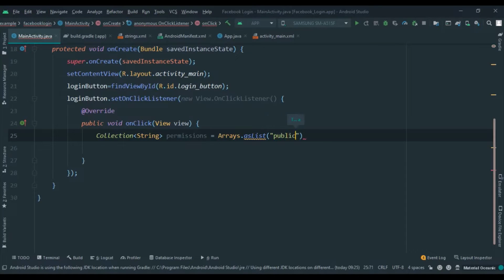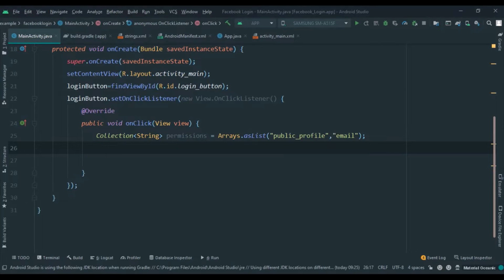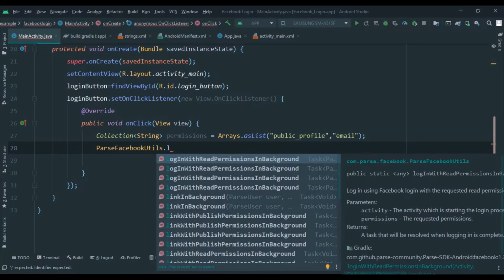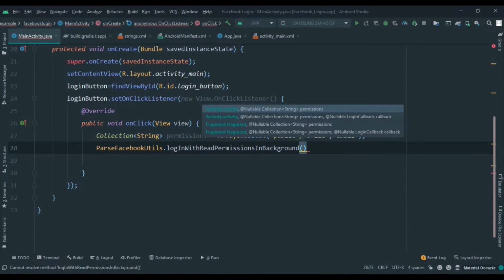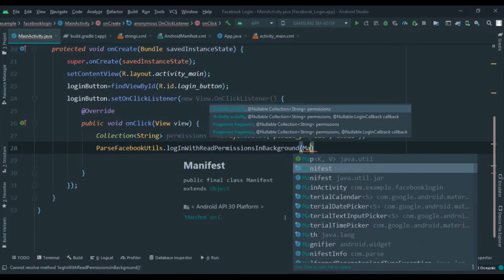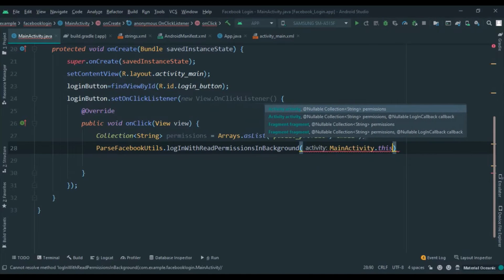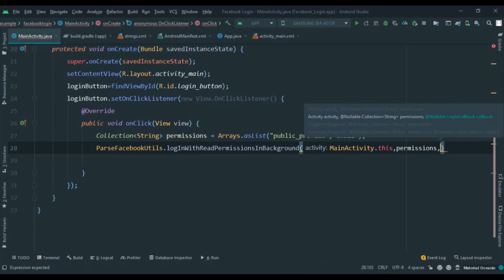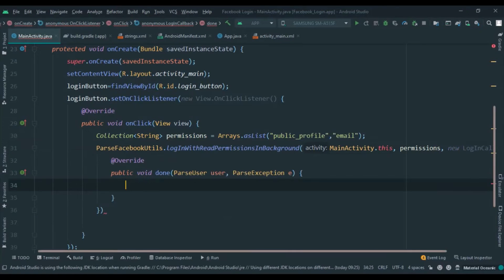equals Arrays.asList and pass the parameters public_profile and email, and then write ParseFacebookUtils.logInWithReadPermissionsInBackground and pass the context MainActivity.this and pass the permissions and implement callback method,